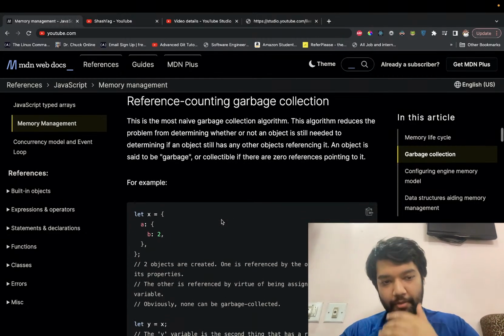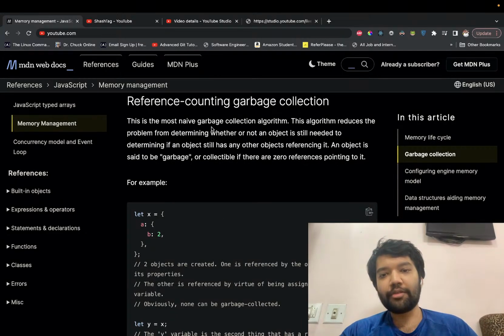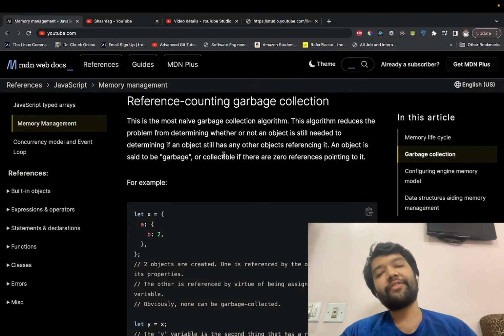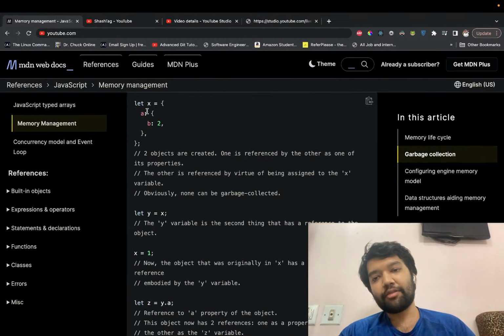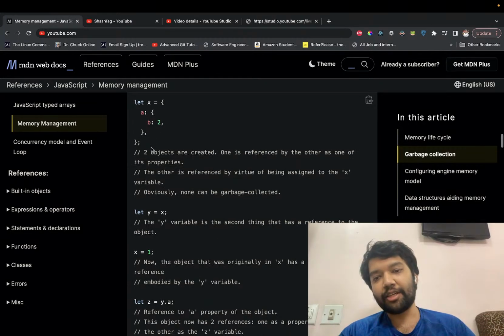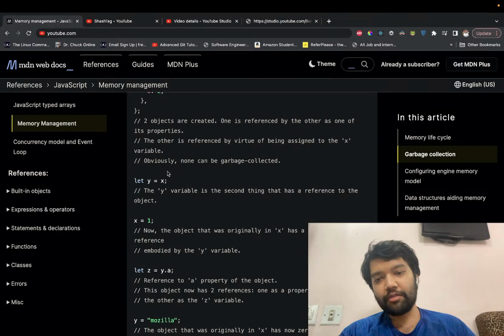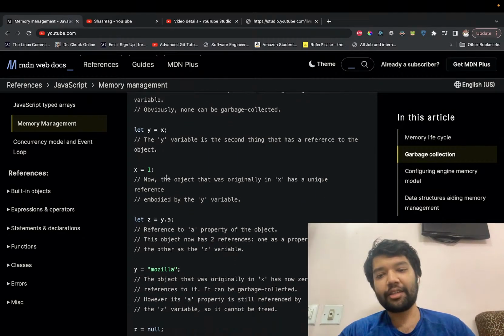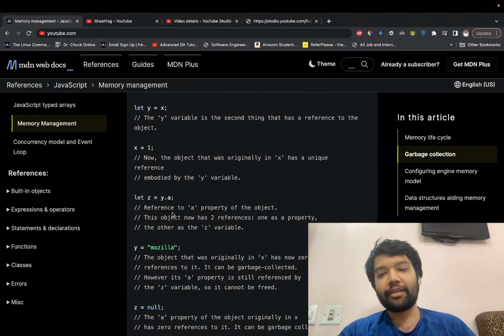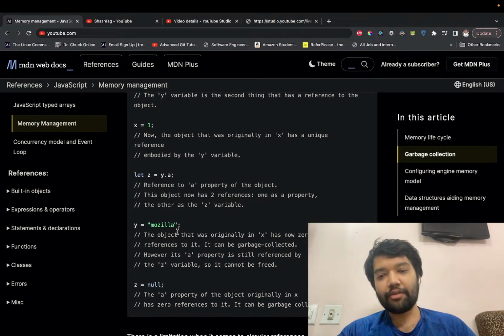Reference counting garbage collection. This is the most naive garbage collection algorithm. This algorithm reduces the problem of determining whether or not an object is still needed to determining if the object still has any other object referencing it. An object is said to be garbage, or collectible, if there is zero reference pointing to it. For example: let x = {a: {}}. Two objects are created. let y = x; let z = y.a; x = 1; y = "Mozilla";